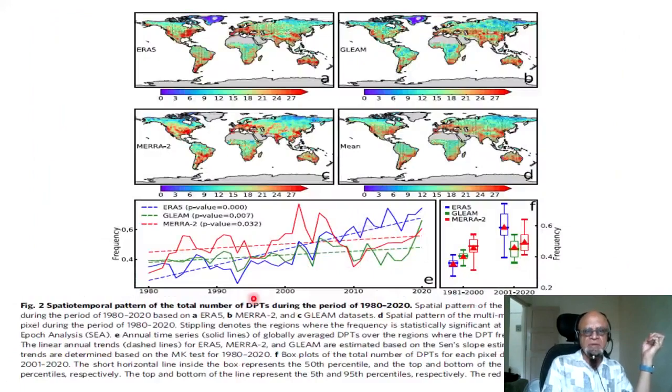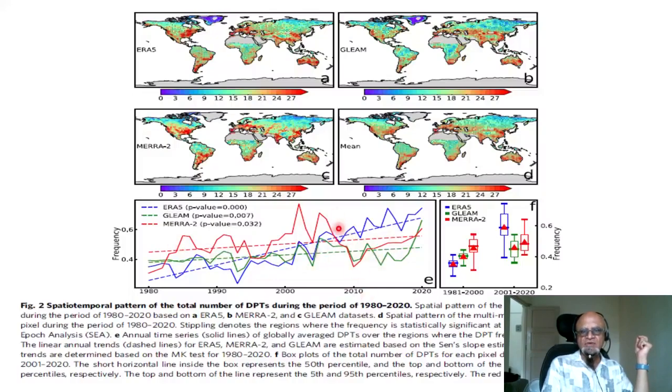Here are some spatio-temporal patterns of the total number of drought and pluvial transitions during the period of 1980 to 2020, and obviously there is a spatial distribution because, as we said, it depends on the arid or wet region in terms of the precise feedback. And then they look at different data sets: ERA5, GLEAM, MERRA-2, and the mean of the three. And the idea is that the results are significant in all of them. So ERA5 has a p-value of almost 0, GLEAM has a p-value of 0.007, seems quite a bit flatter, and MERRA-2 has